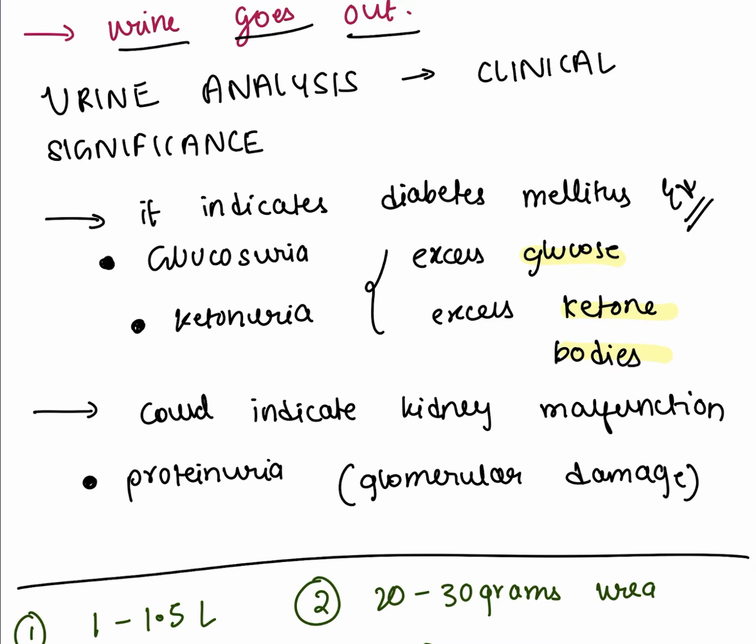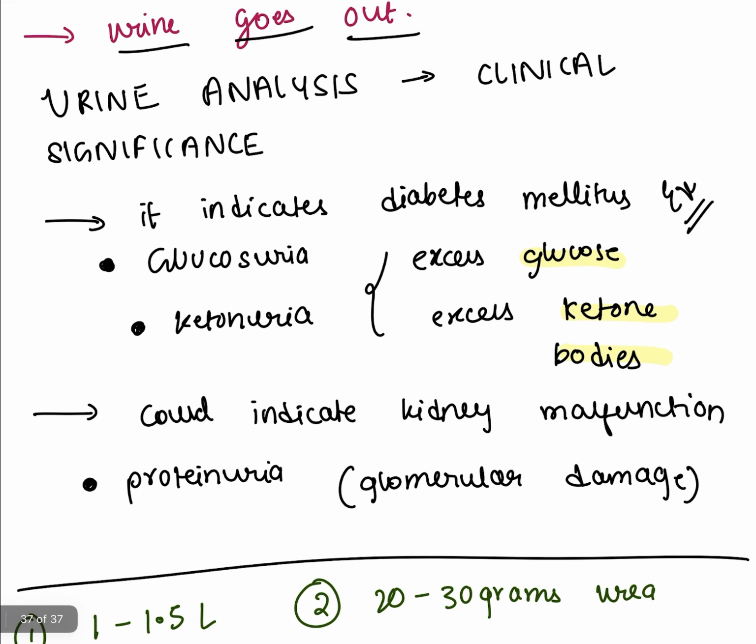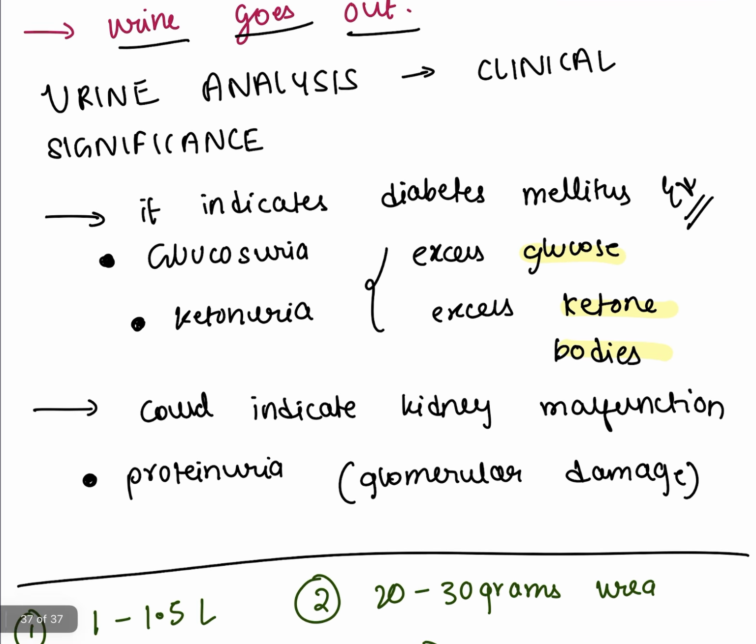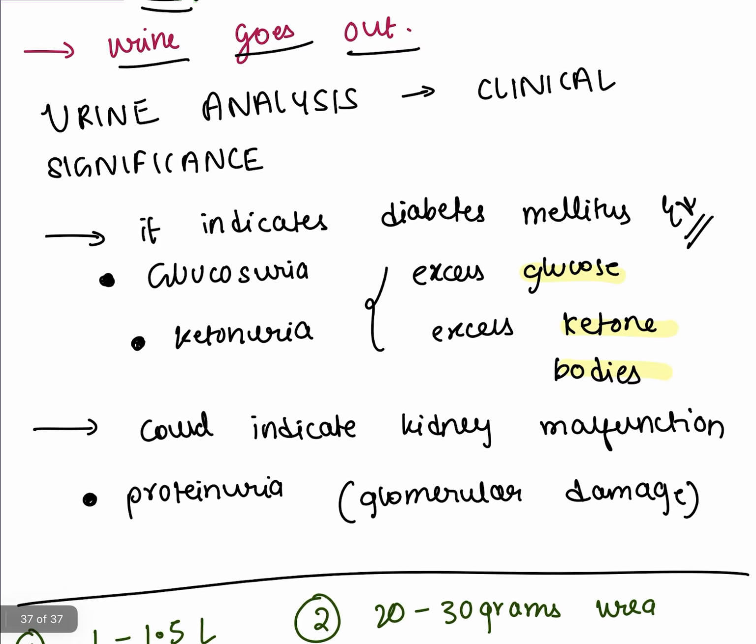Now, the excess glucose could be due to two reasons. It could be due to the reduction of insulin, like the pancreas just stopped producing insulin, or our autoimmune system is destroying the insulin, or our body has developed a resistance to the insulin. Now, the former two conditions would cause type 1 diabetes mellitus, and the next condition would cause type 2